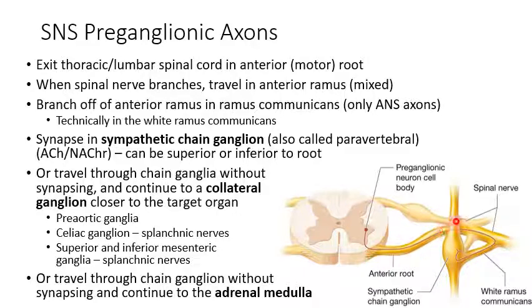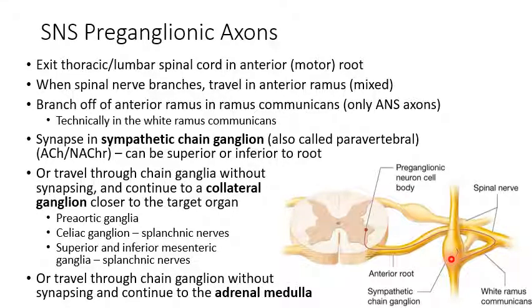Then the two roots will merge to form the actual spinal nerve, and then right away the spinal nerve will branch, and you have the posterior ramus coming off, and then the anterior ramus. So the preganglionic axons for the SNS will always travel in the anterior ramus, never in the posterior ramus. Then very quickly they're going to leave the anterior ramus and travel down the ramus communicans to a sympathetic chain